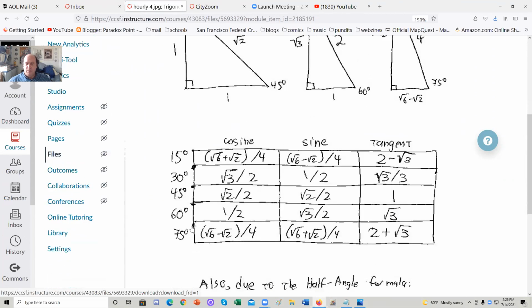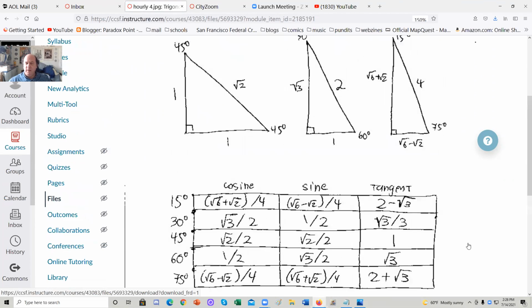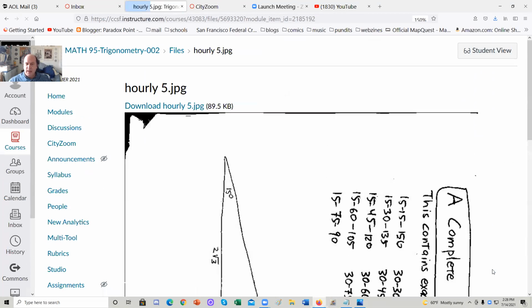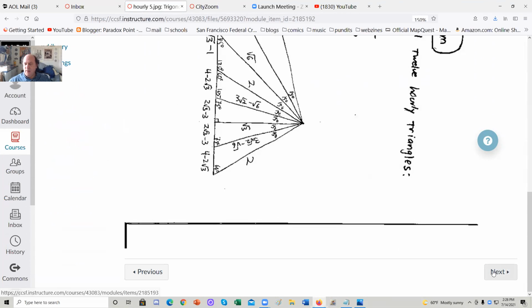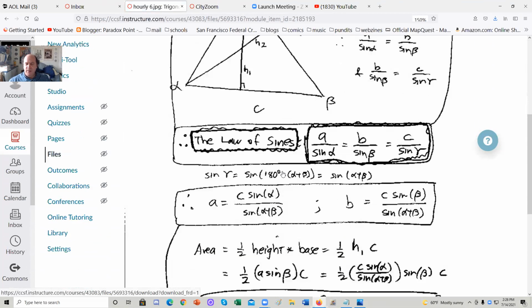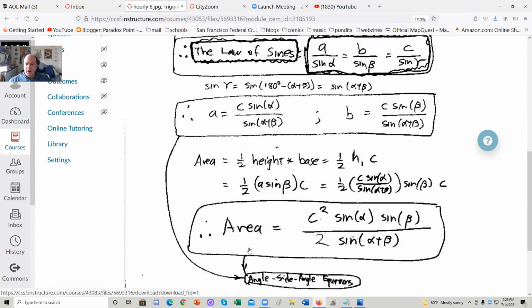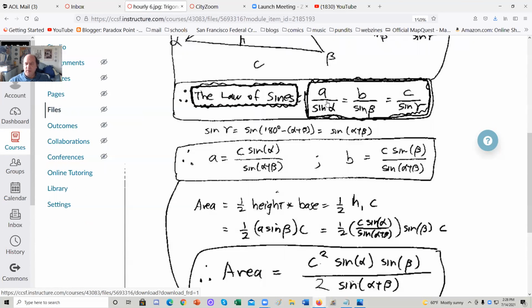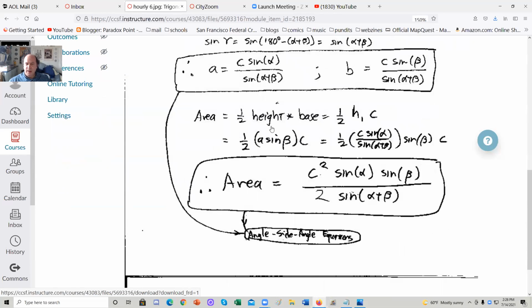Anyhow, so some trigonometry of 75 and 50, which I'll ask you to derive. And so I ask about what I call hourly triangles and their areas. And here I derive a formula for areas of a triangle given a side and two of the angles. Well, I'll leave it to you there. You start from the law of sines, various examples of this, and area is a half base times a half